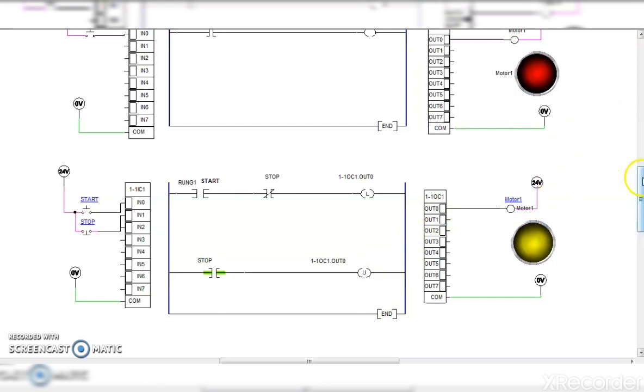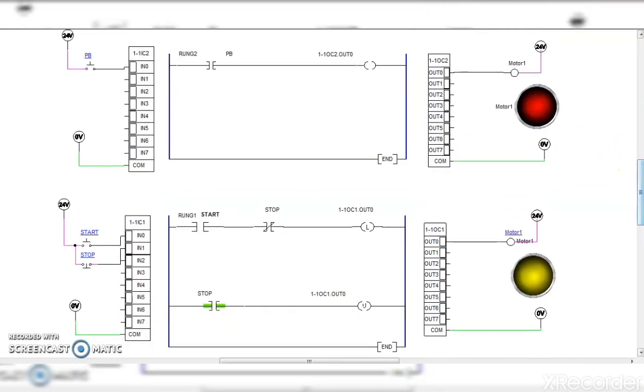Like this, the first one is called the logical response and the second one is called the event type of response, by using the latch and unlatch coil. In the next examples, everywhere we will use the concept of latching and unlatching.